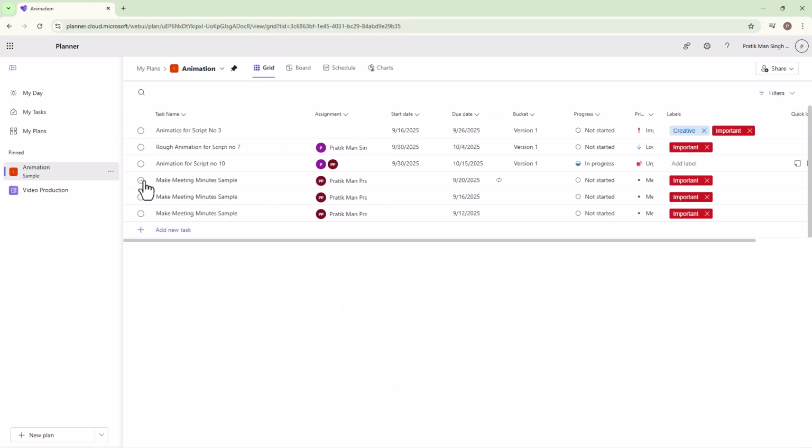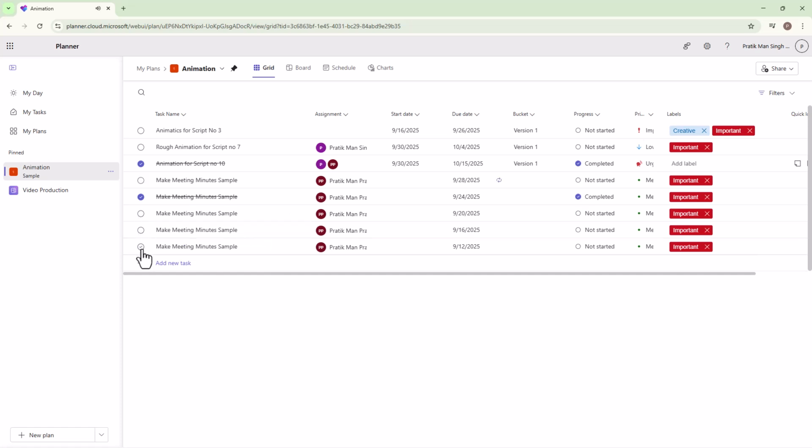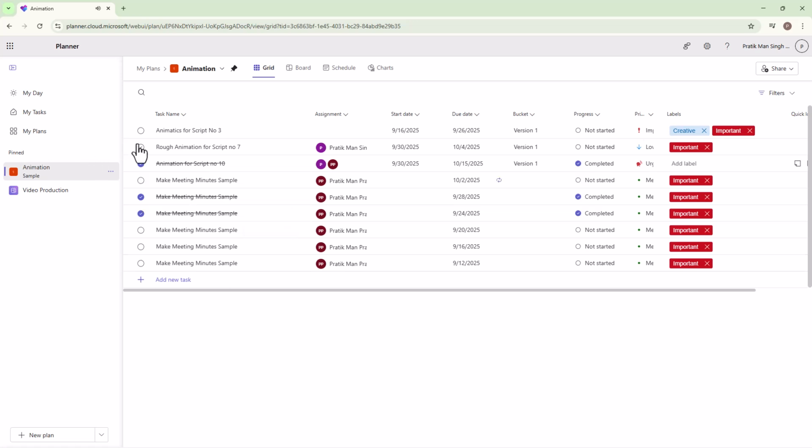Apart from that, in the grid, when you go ahead and mark a task, they are simply marked out, as you can see right here. And you can see that this is what you have. Meeting minutes is a recurring task, so it actually goes ahead and creates a copy of it right there. So this is how you can go ahead and keep track of your task by marking